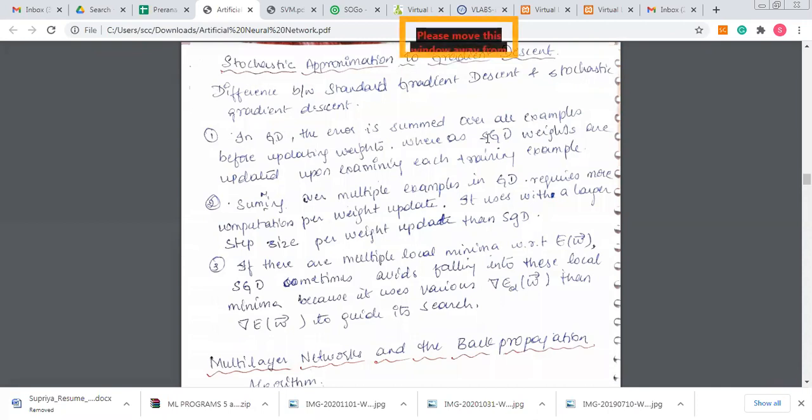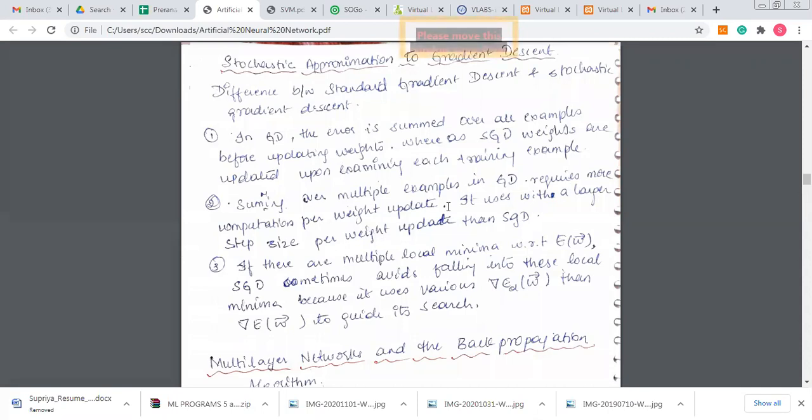Whereas in stochastic gradient descent, the weights are updated upon examining each training example. We have seen A, B, C, D, E, F, G: each and every example we took, we applied the value of it. So that forms your weight update for each and every training example. Summing over multiple examples in standard gradient descent requires more computation per weight update.